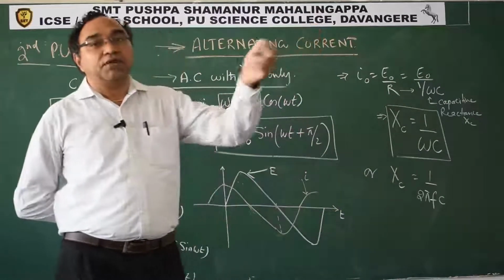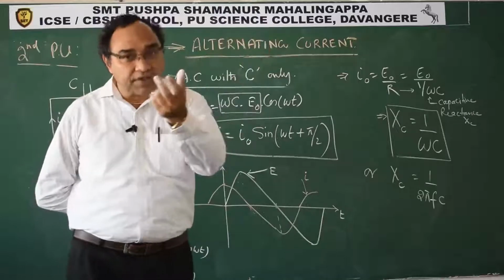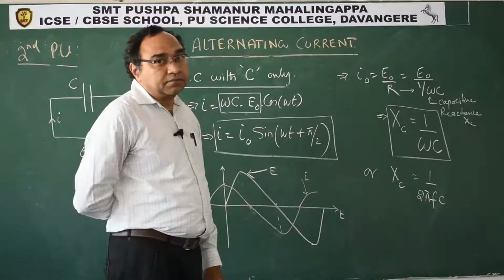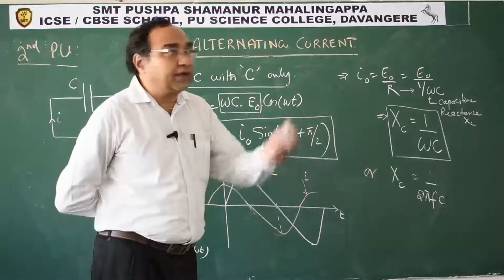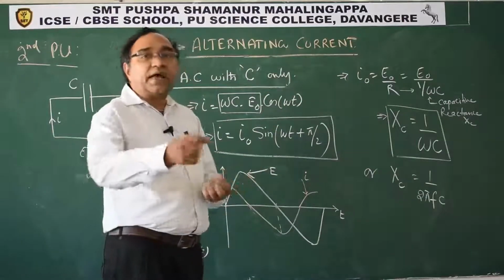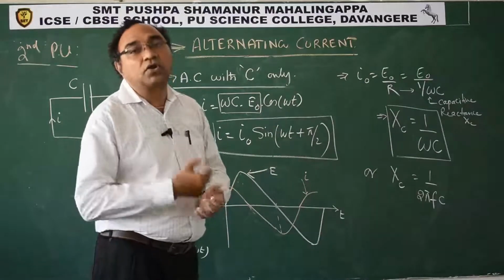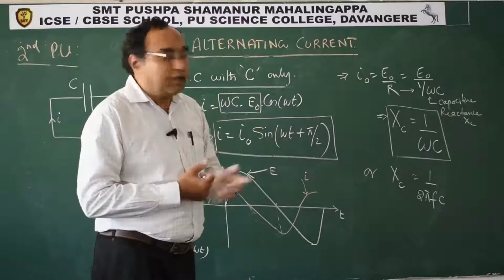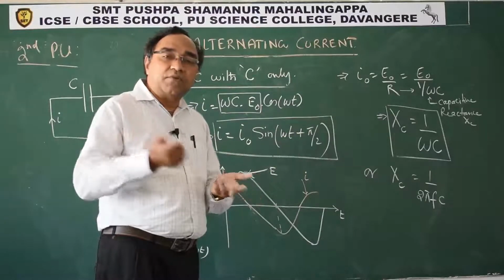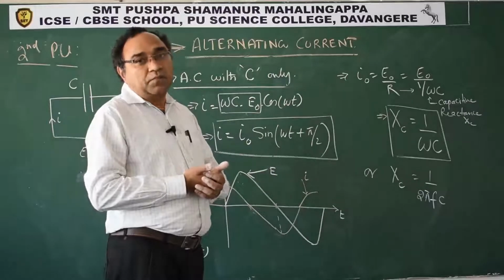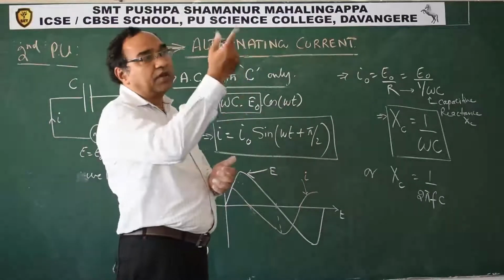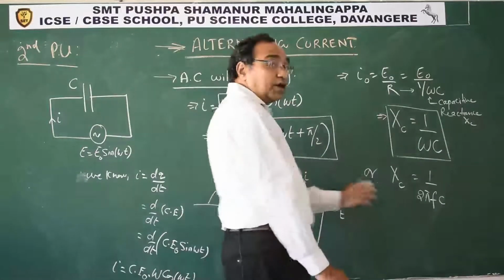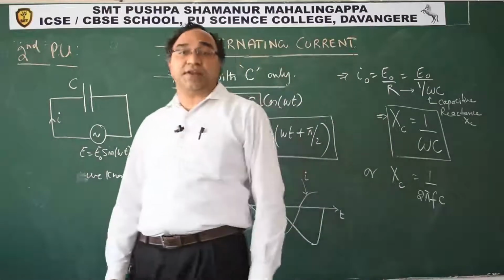Capacitor, where do we see it in daily life? If you have seen the starters in a tube light, that's a capacitor. You will never see a starter attached to a torch lamp. You can do this practical. Take that starter, connect it to the lamp of a torch. The moment you switch on, the lamp will not glow because it's a DC. You have a dry cell, DC. The capacitor will offer infinite resistance, so why will the lamp glow? But the same thing, if I place it with AC, it allows the tube light to glow. That is the behavior of a capacitor towards the kind of source which is connected.